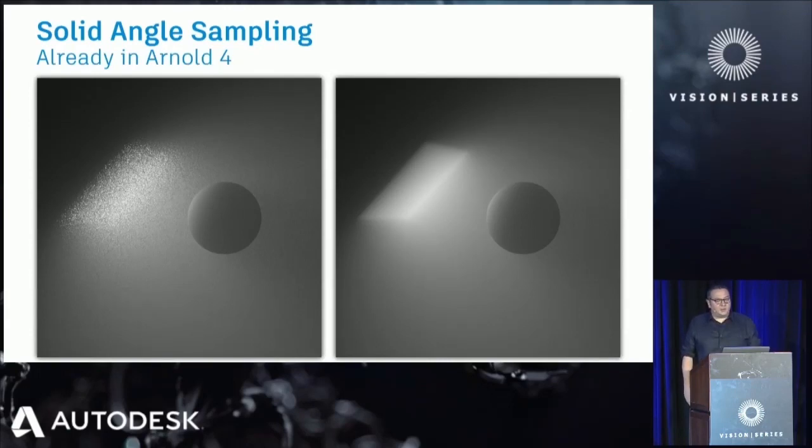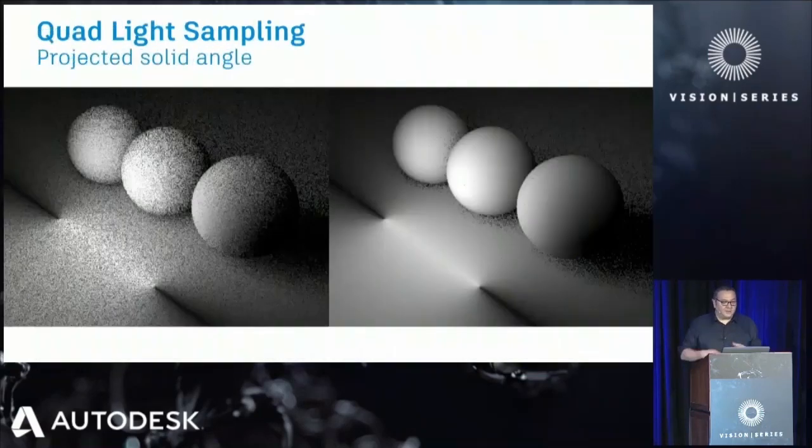So those two images have the same number of samples. It's roughly the same render time, but just by sampling the light in a more mathematically exact way, you're able to remove a lot of noise when you're shading in volumes. So we've extended this technique